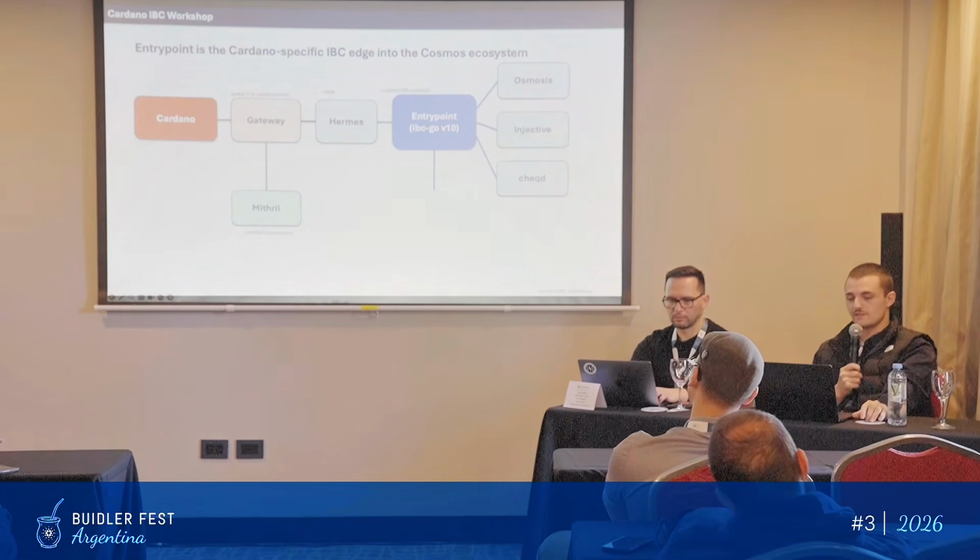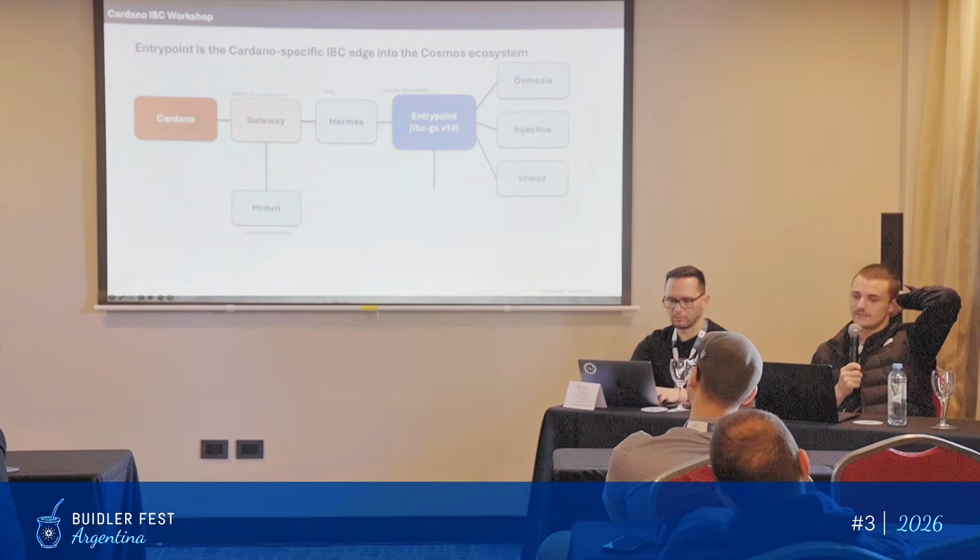Then we have Hermes. This is the canonical IBC relayer, so this would be the off-chain piece of infrastructure. This is a cool project. It's written in Rust. And again, the entire protocol is permissionless, so the idea is that anybody can run Hermes. There could be 10 of us, there could be 1 of us. Hermes can go down, all of your off-chain infrastructure can fail, and you're not going to corrupt on-chain state. So that's good. The gateway is just an NestJS server.